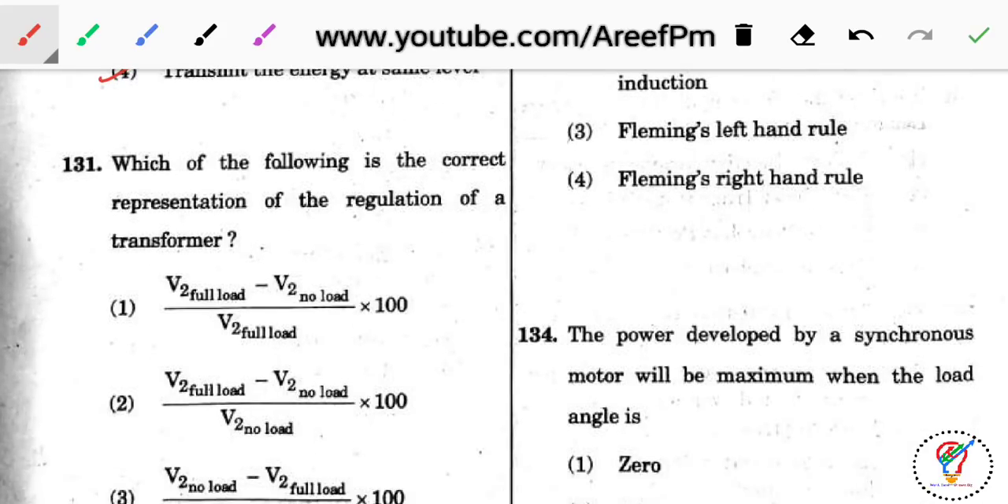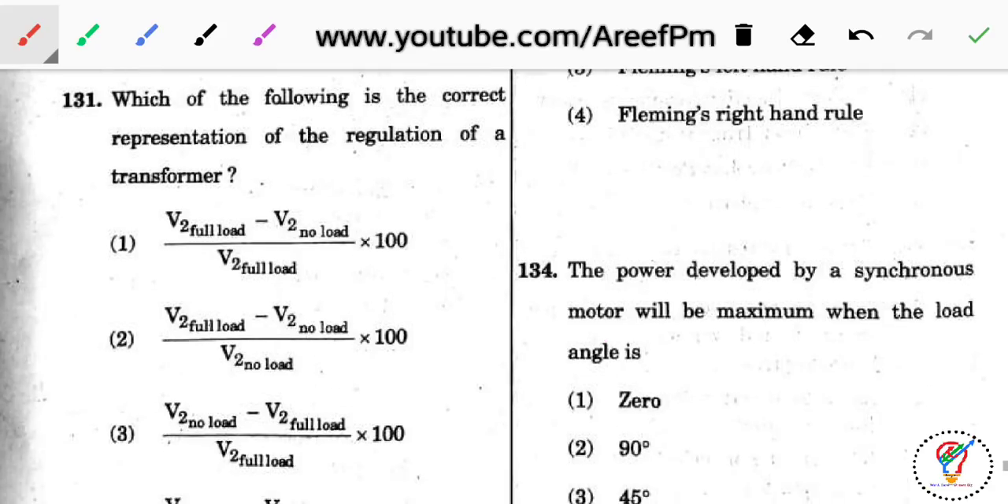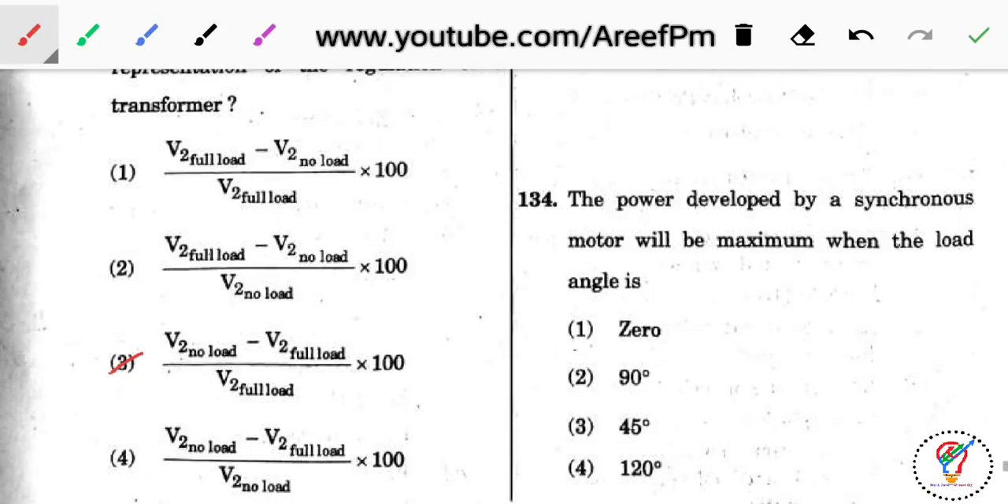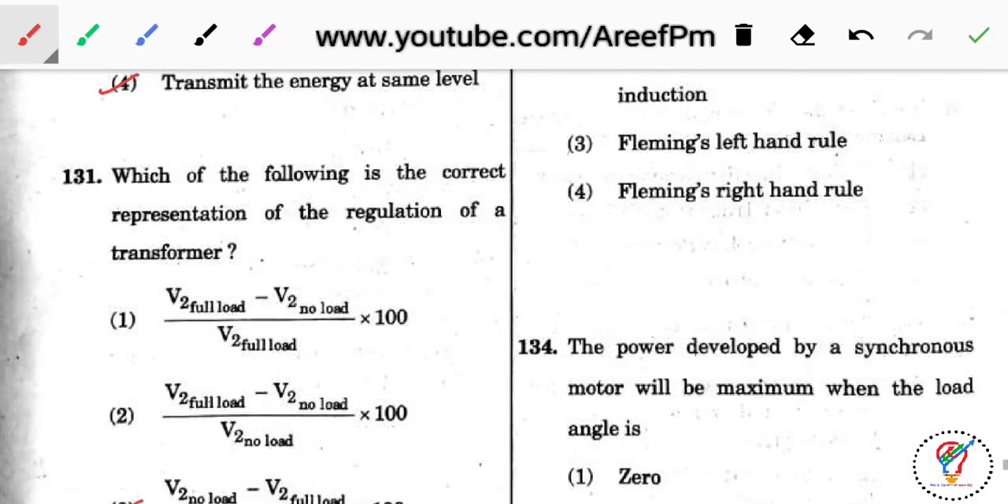Which of the following is the correct representation of the regulation of a transformer? It is nothing but no load minus full load divided by full load voltage. So 131, option 3 is the right answer for this question. No load minus full load by full load here. Next one,